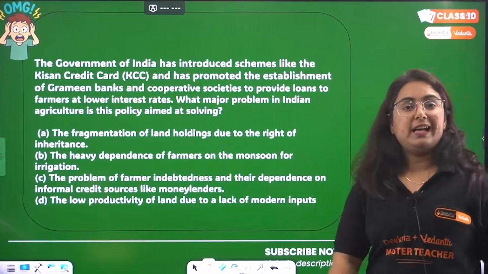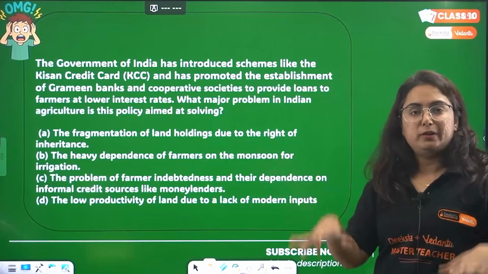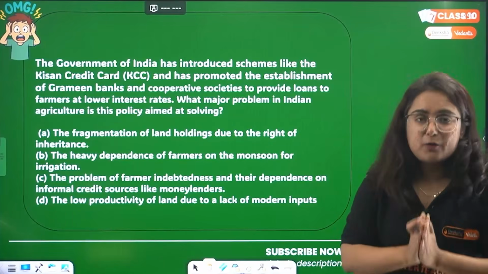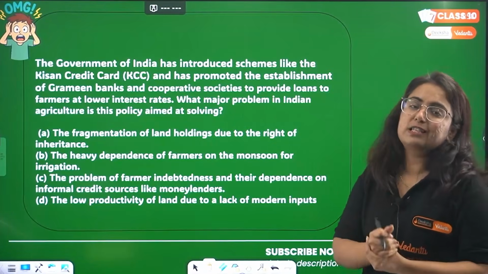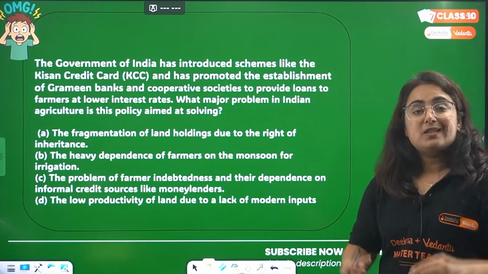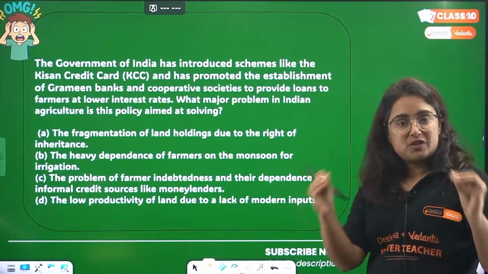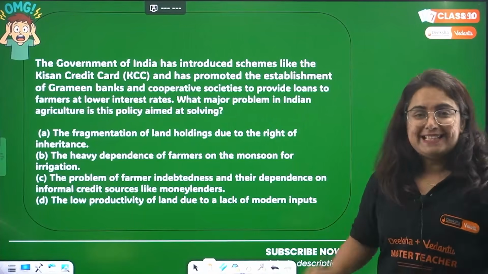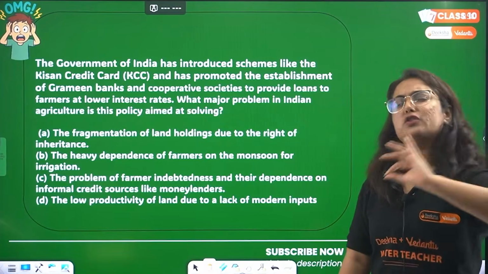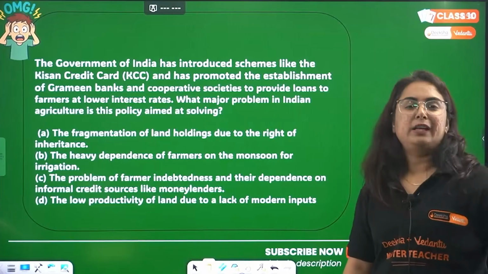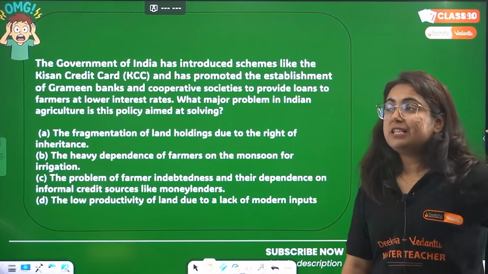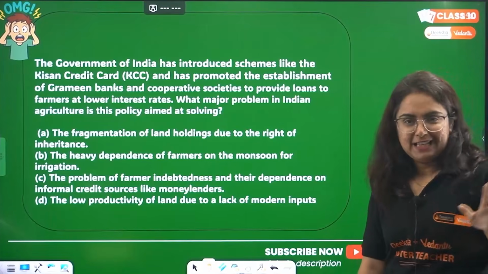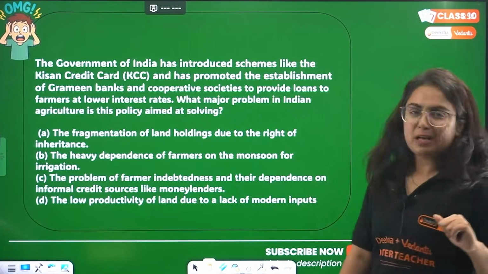Okay, so here we end the last topic of this chapter, and what is that? Technological and institutional reforms. I request all the students to learn at least 6 to 7 points from this topic, because this is one of the short questions from this chapter. If a student asks me anytime, ma'am, from agriculture, which is the first question I should learn, I will give that one. The second I will tell is: write the features of the two major crops of India. Get it? Okay, great. Moving to some MCQs.